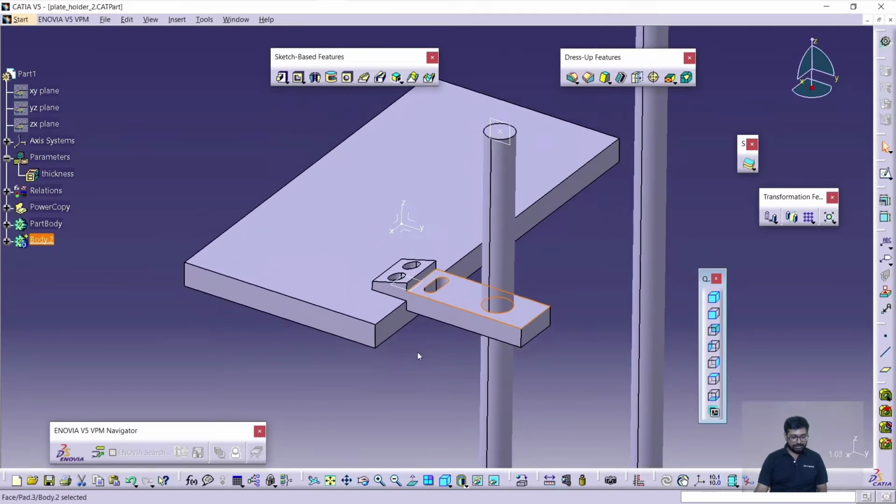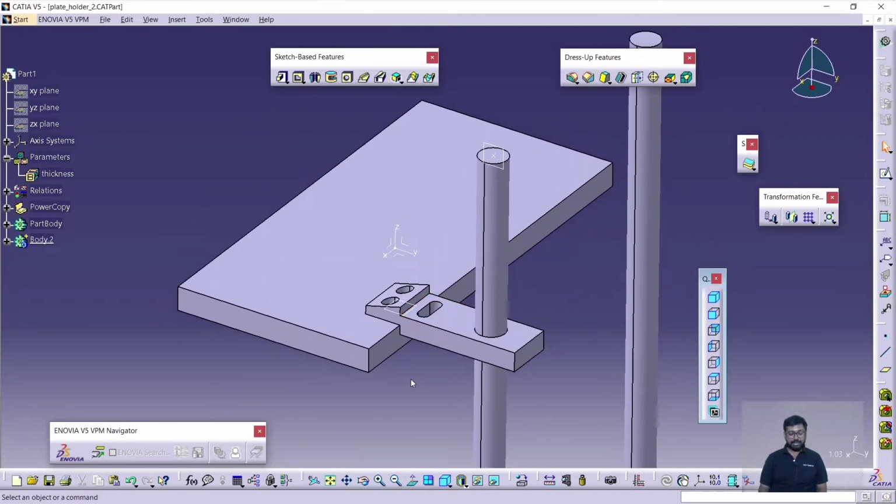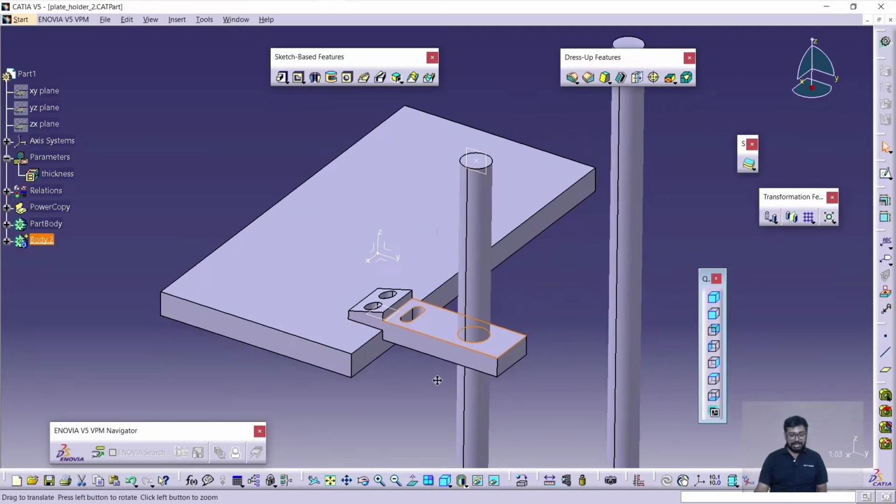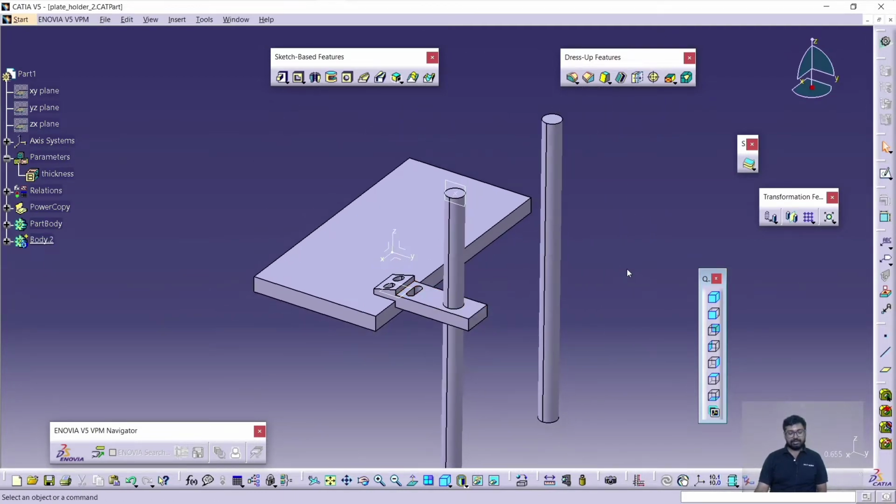The support is used to support the plate for welding as well as various forming operations. But where do I need the support? I can select the locations of supports, but I have to create this same body again and again in those locations. That means I have to spend nearly 10 to 15 minutes extra for modeling these bodies